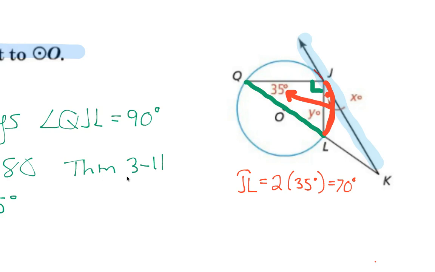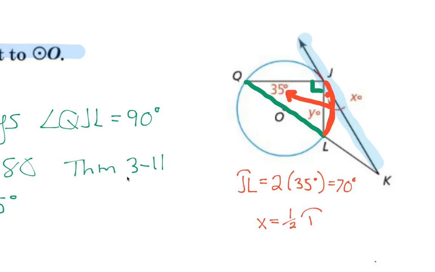So if that arc is 70 degrees, that means that X equals half of arc JL,